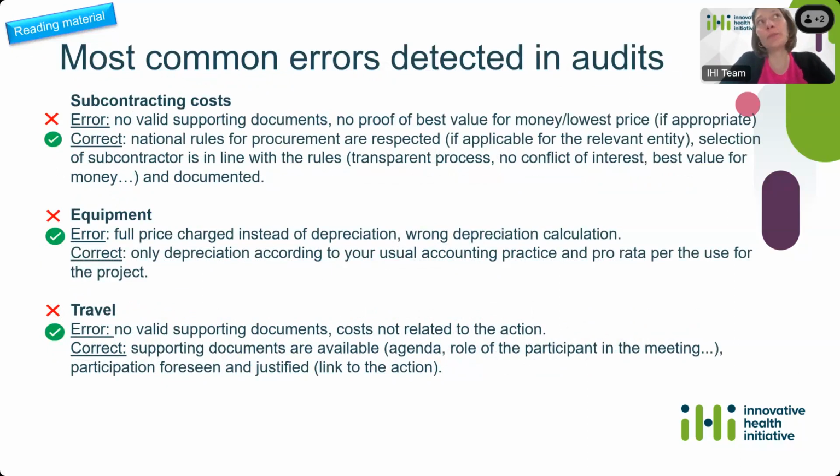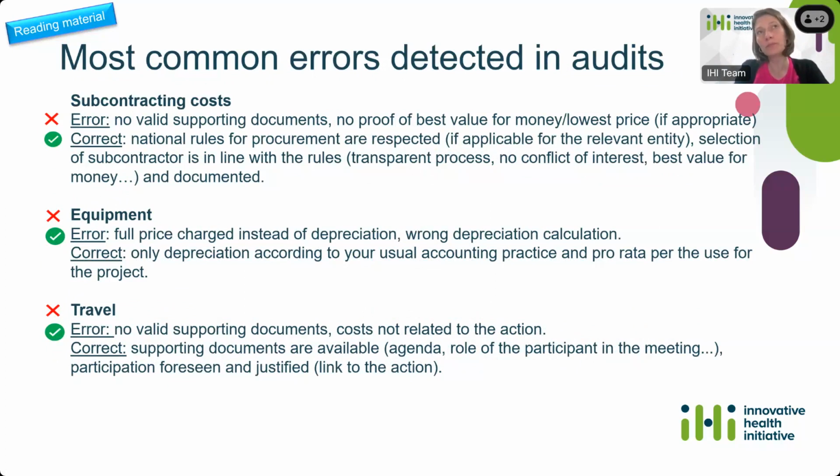Regarding the subcontracting costs, an error that happens sometimes is that there is no valid supporting document or no proof of that value for money or lowest price if it's appropriate. Regarding the equipment, an error that is seen sometimes is that the full price is charged instead of the depreciation